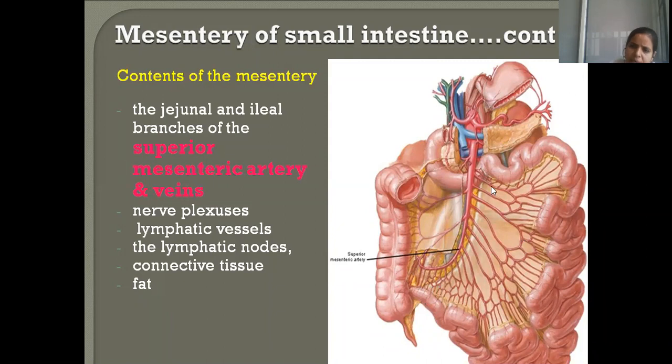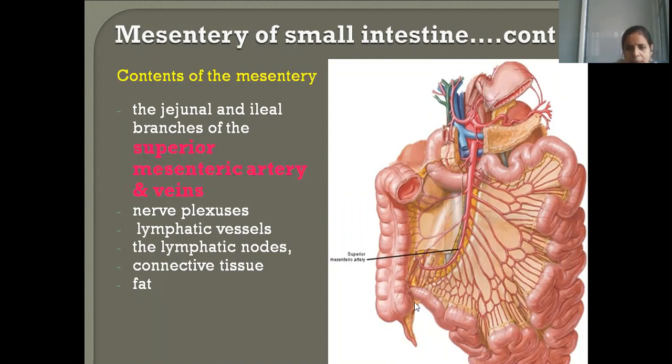Now, because the small intestine is a derivative of midgut, you will see it is supplied by superior mesenteric artery. When you dissect the mesentery, you will see a rich network of blood vessels, which are the branches of superior mesenteric artery. So the contents of mesentery are, now what is the name of this C fold of the small intestine? Duodenum. Very good. Remember duodenum, jejunum, ileum. Then what are these upper two-thirds coils? Jejunum. And lower coils are ileum.